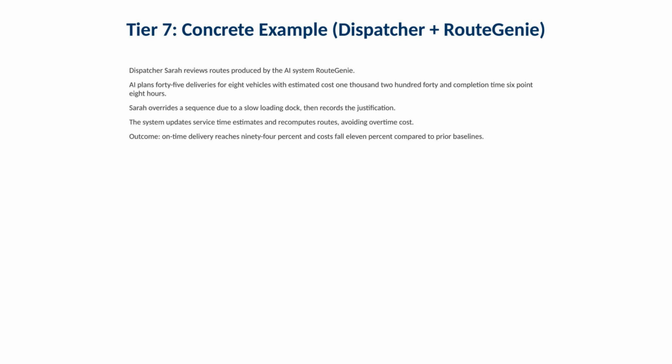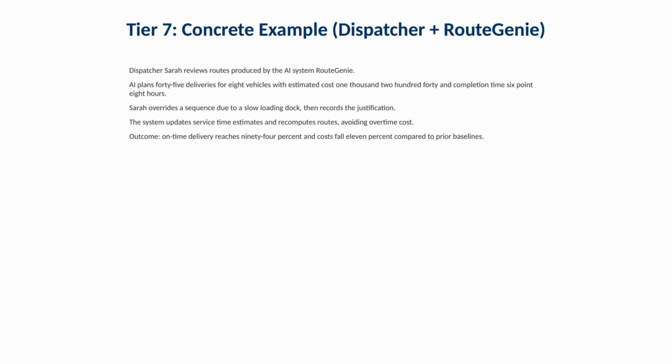In the example, the AI system plans 45 deliveries for 8 vehicles with estimated cost $1,240 and completion time 6.8 hours. Dispatcher Sarah overrides a recommendation based on a real operational detail, a slow loading dock. After she records the justification, the system updates service time estimates and recomputes routes, improving on-time performance to 94% and